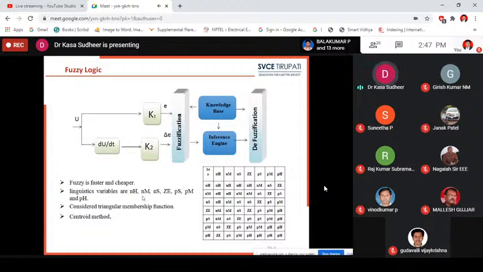Next, here membership functions. In my research I have used triangular membership function with 50% overlap. Why are we doing this? 50% overlap of the membership function will give you the best result compared to the other overlappings. So what it means is that